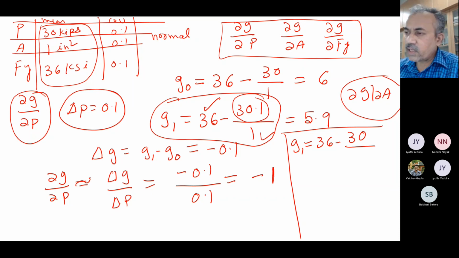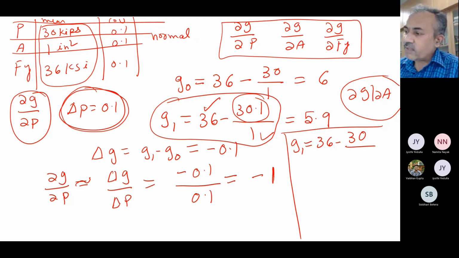Okay. So generally how much perturbation do you have to give? Is there any guideline? Like we have taken delta P as 0.1 basically. That is how the perturbation we have given. So what's the guideline? They say something like 1/10 of the mean value or something like that. The guideline is basically 1/10 to maybe 1/15 or whatever. So 1/10 means 0.1. That is the general guideline we have.